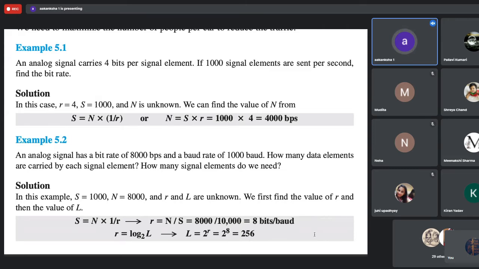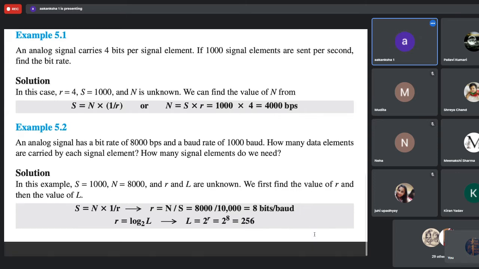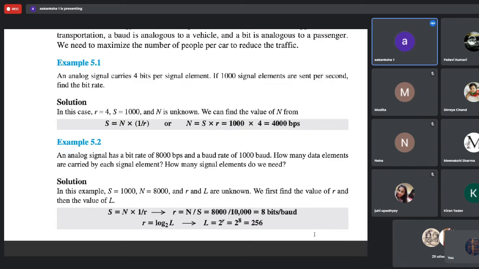And we are too greedy to increase our bit rate and data rate, then we'll be having a sophisticated hardware to generate those many different types of signals by varying the amplitude, frequency and phase. So that will become complicated for us. So theoretically we can have it, but practically it becomes very difficult to have those kinds of physical devices to have different types of sine waves with different frequencies, amplitude, and phase.